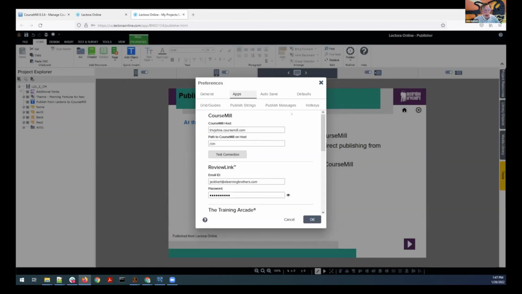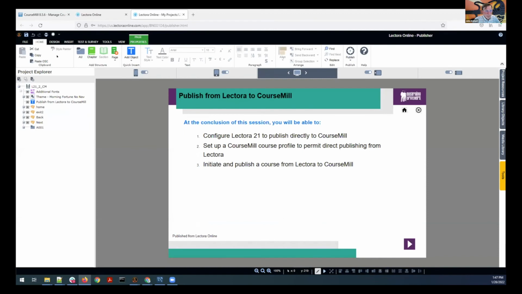So fantastic. When you do that from desktop, it also looks to see if your instructor credentials are valid. So there is an additional step there. But once you set this up, all you have to do is save it. And when it comes time to publish,